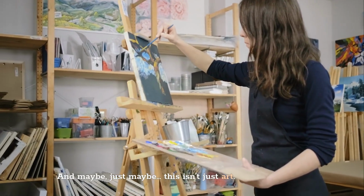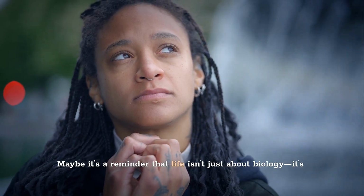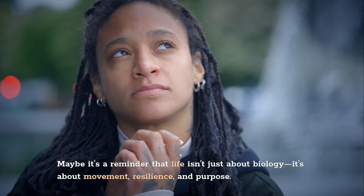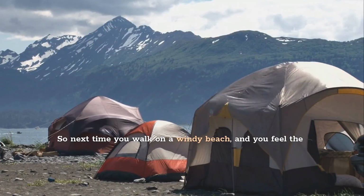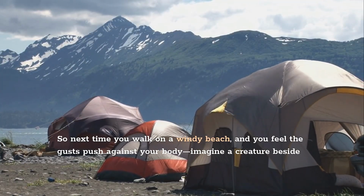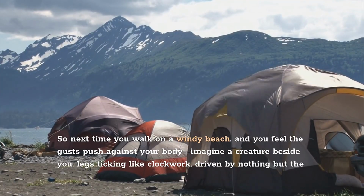And maybe, just maybe, this isn't just art. Maybe it's a reminder that life isn't just about biology. It's about movement, resilience, and purpose. So next time you walk on a windy beach and you feel the gusts push against your body, imagine a creature beside you, legs ticking like clockwork, driven by nothing